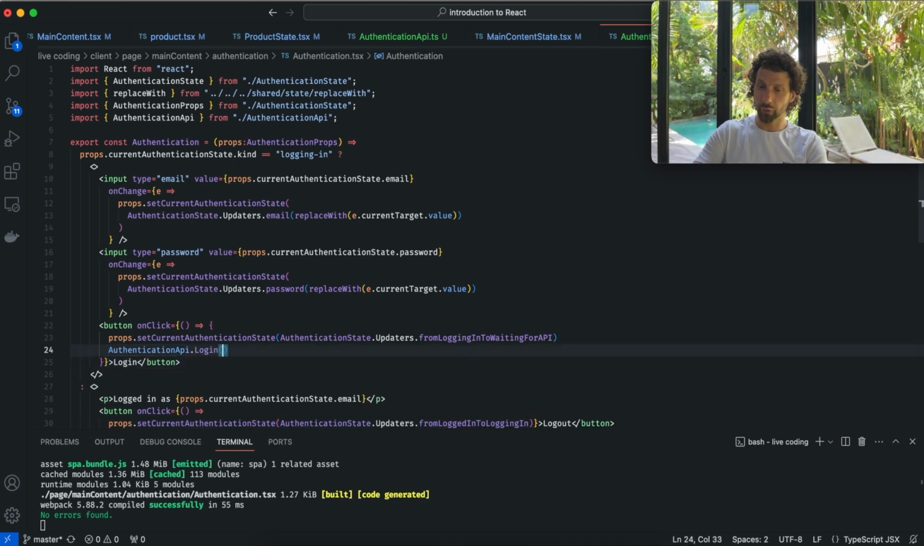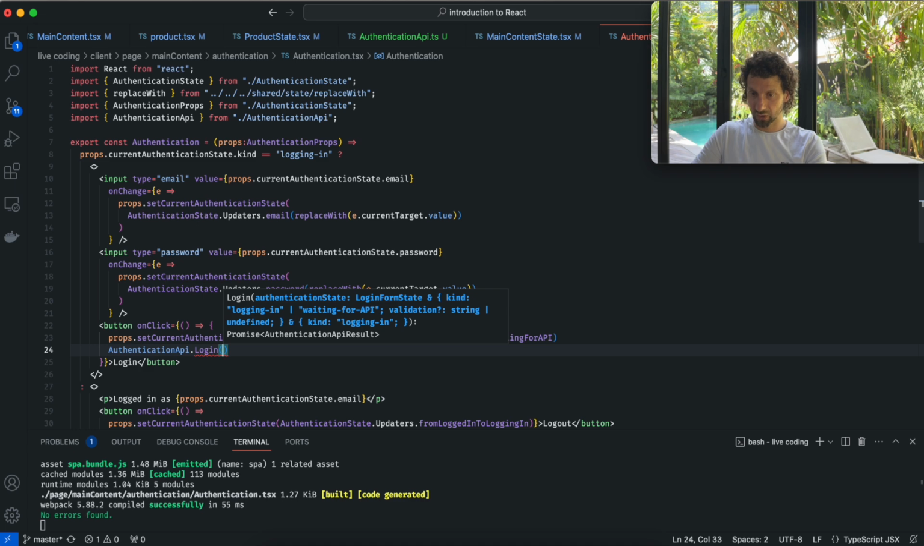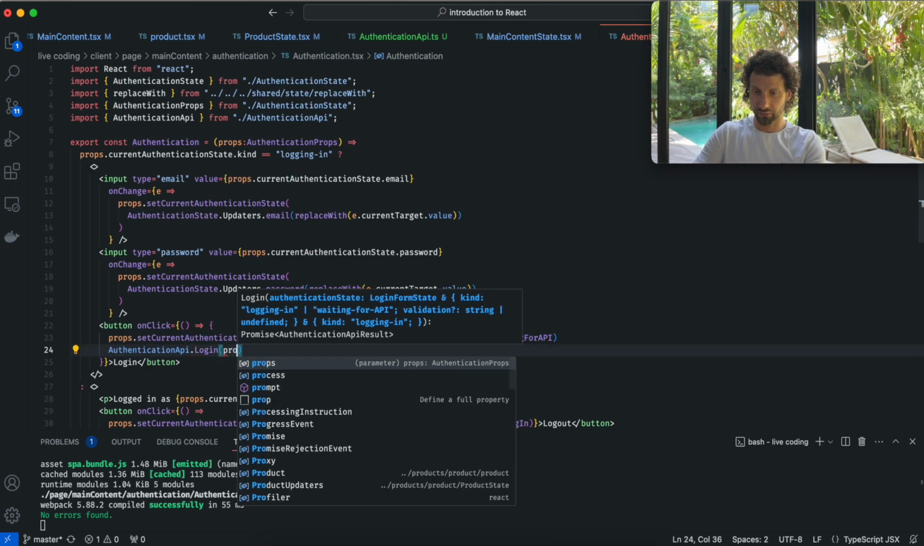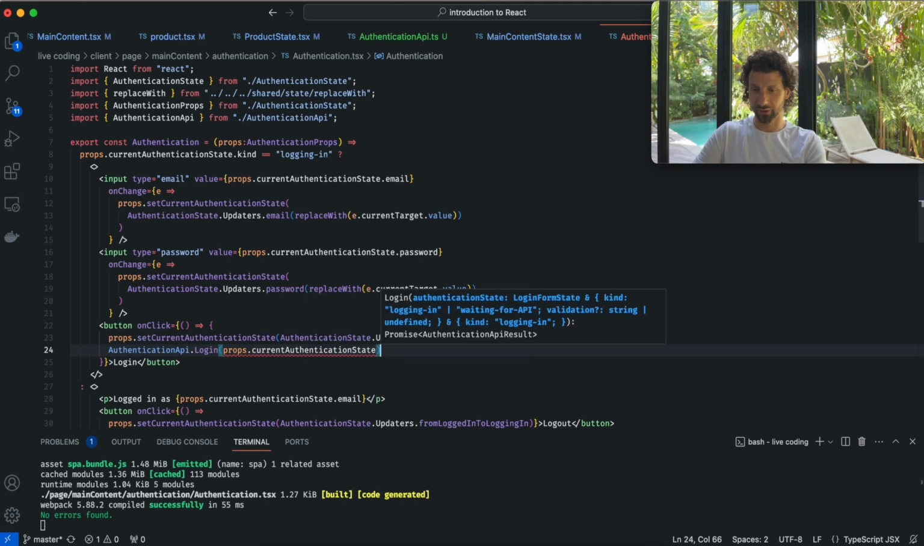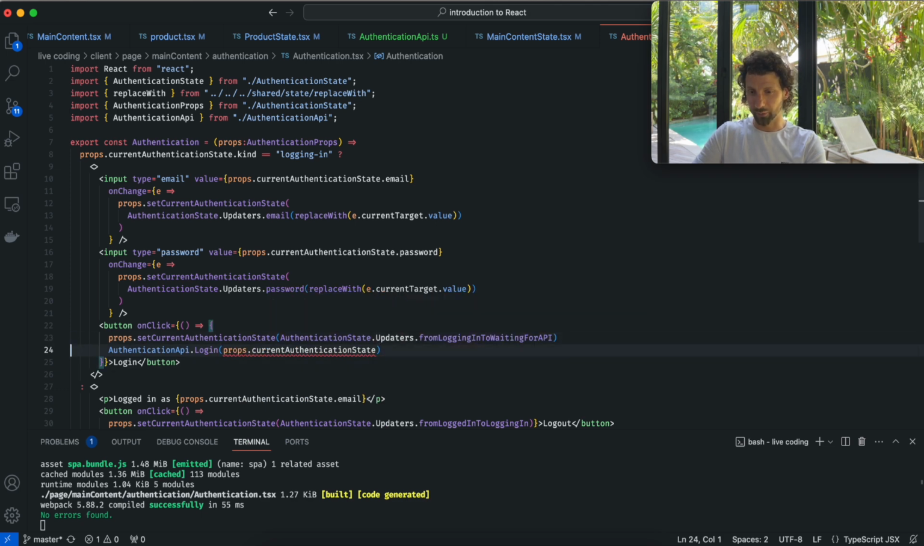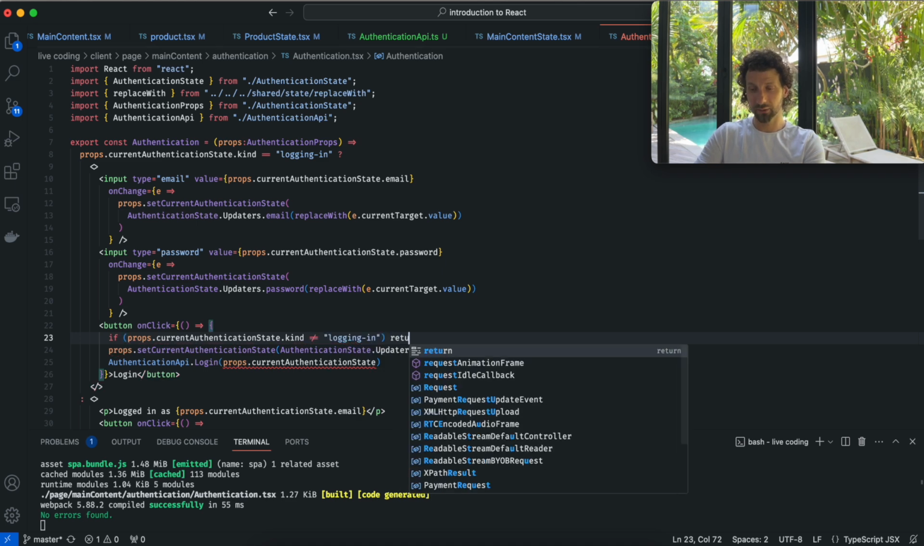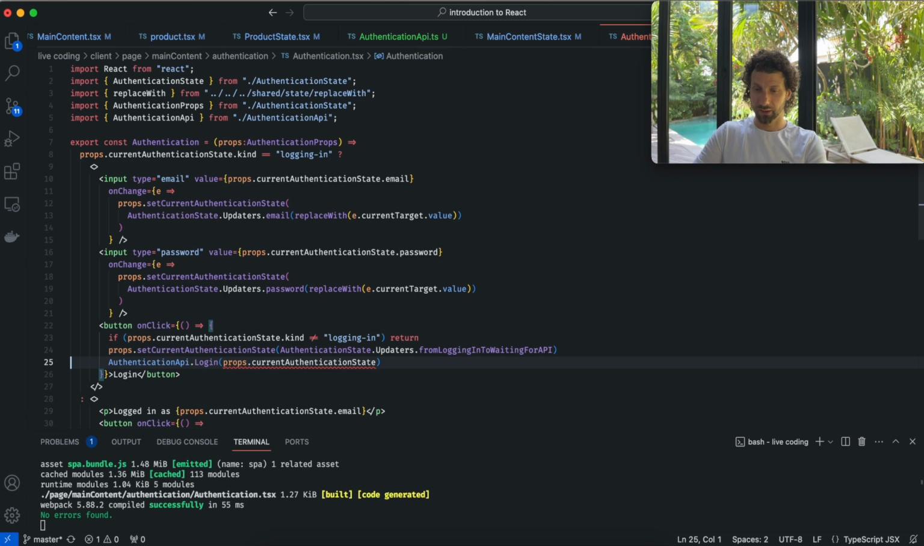Okay, we call login. Notice though, if we just try to pass the current authentication state, we get an error. Why? Well, because this thing requires the state to be logging in. Let's perform a check. If the kind is not logging in, we just skip. There's nothing to do. Otherwise,